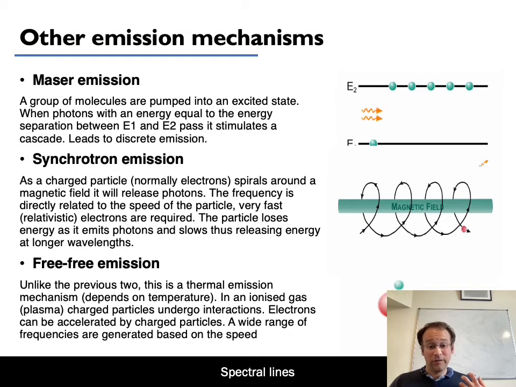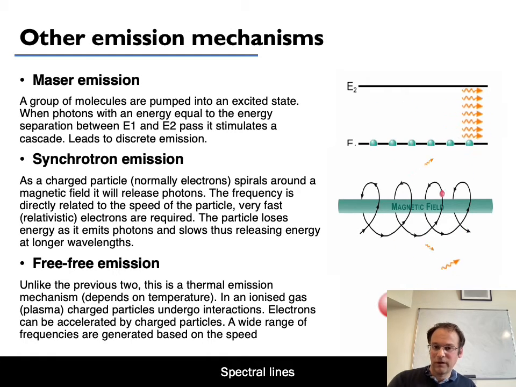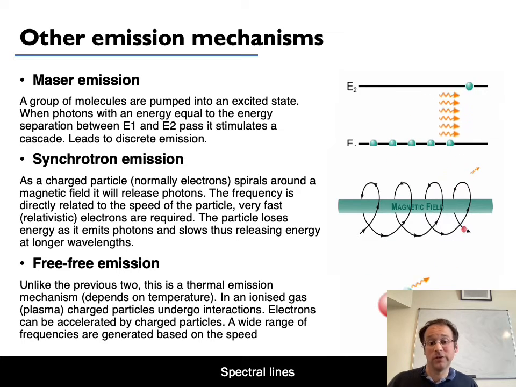That then, of course, there's an acceleration associated with that as it orbits, which leads to a change of direction, which leads to the emission of a photon. And this is a continuum emission process, and it's seen so often in radio sources because magnetic fields are prevalent in active galactic nuclei, radio, and also in star-forming regions. So you get the synchrotron emission associated with magnetic fields in those, and of course the plasma of electrons that